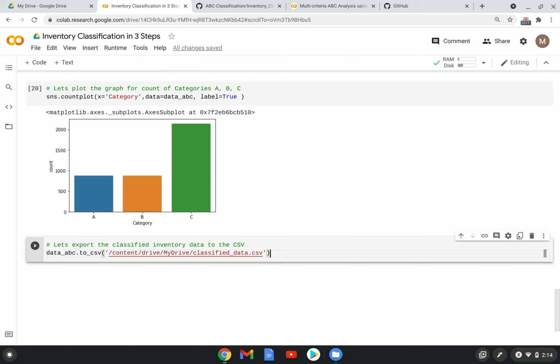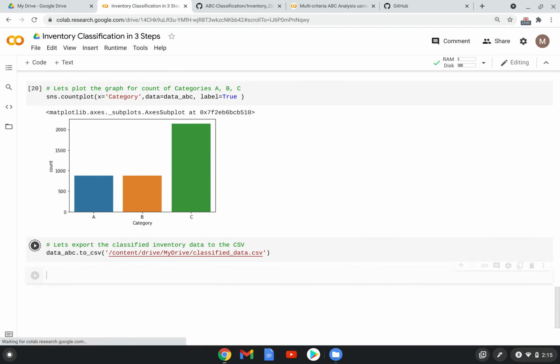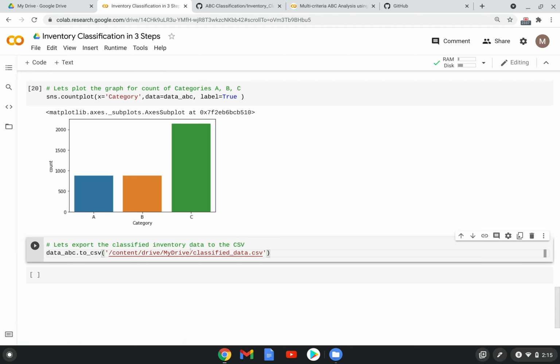What we have to do is call this data frame and then .to_csv. We have to mention our Google Drive location, then it will export this data to the Google Drive path. So this is my data set name, classified data, and my drive is my Google Drive, and drive content is a path.